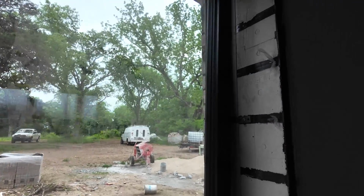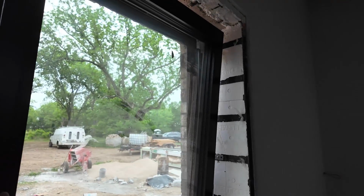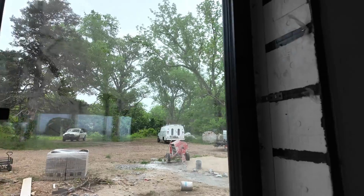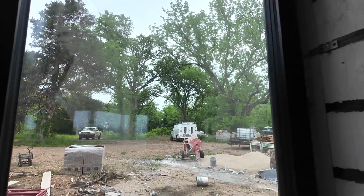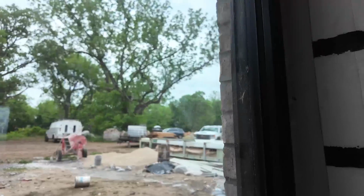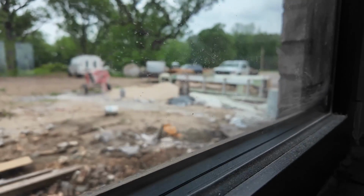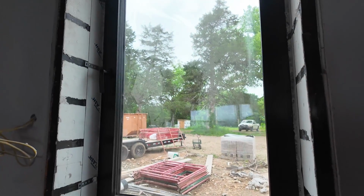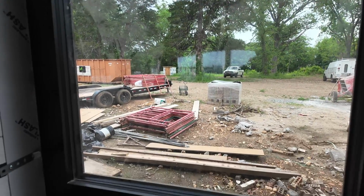And then if you turn it all the way up, they tilt out. You see that? And they're called tilt and turn. And they just do that all with this one mechanism right here, which is great. They're also, if you can see how thick they are, the triple glaze is probably 2.25 inches thick. They are just fantastic windows, guys. There's very little Pella, Anderson, Quaker can do to